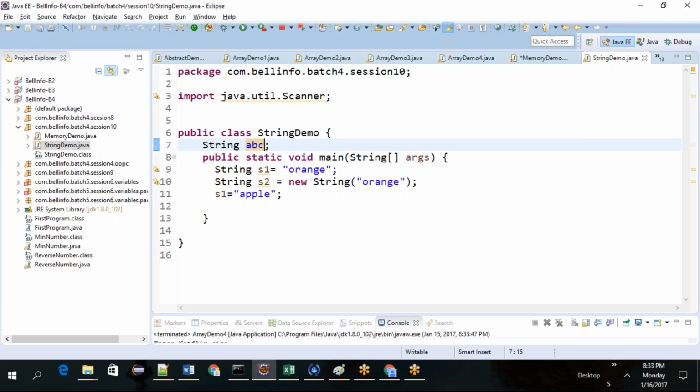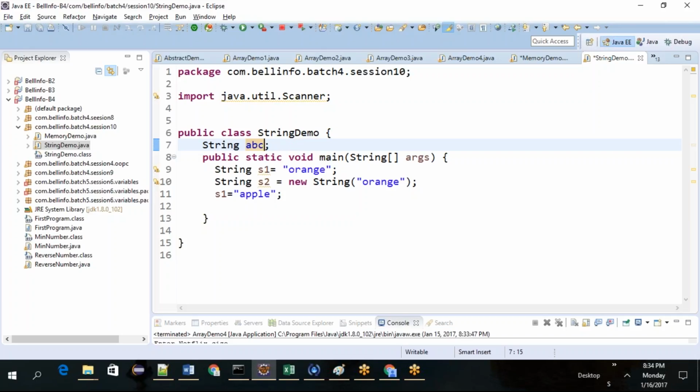The default value is null. The default value of ABC is null. If you don't initialize a string, the default value is null.